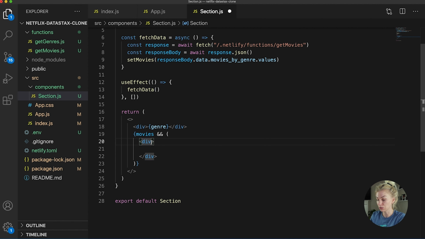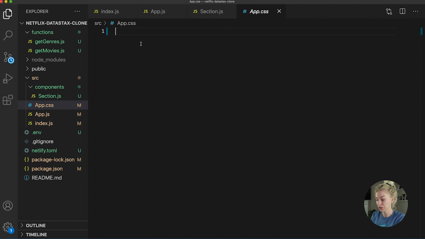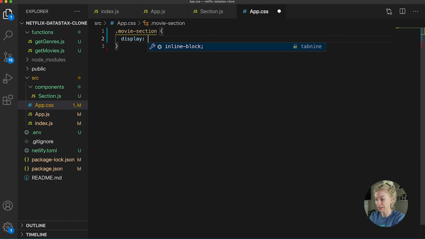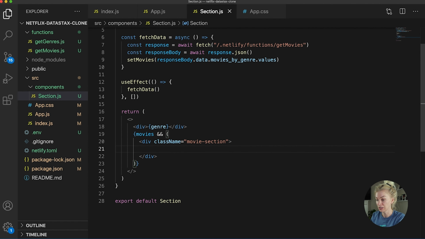Let's give it a class name because we're going to have to make them appear in line. I'm going to call it a movie section. So this is actually the first styling we've done so far. I'm going to grab .movie-section, and I'm just going to make it display flex for now so they don't all stack up but appear in a row. And okay, so if movies exist, we want to show the movie section,